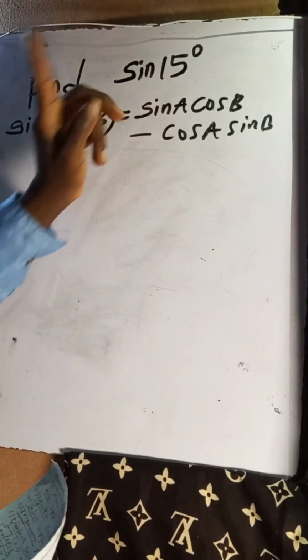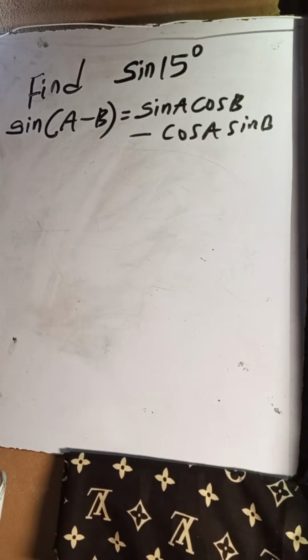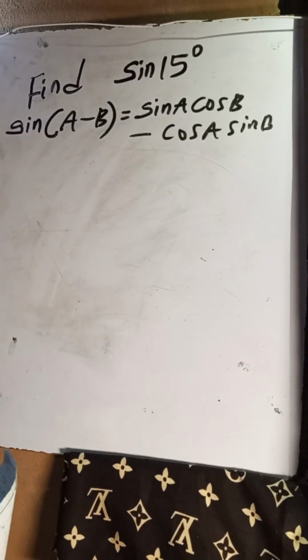So what are the two special angles that we are going to subtract to get 15? There are two. We can use 45 minus 30, or we use 60 minus 45. Both of them will give us the same answer. That's one thing I love about this topic: you are not conditioned to do one thing. So sine 15,